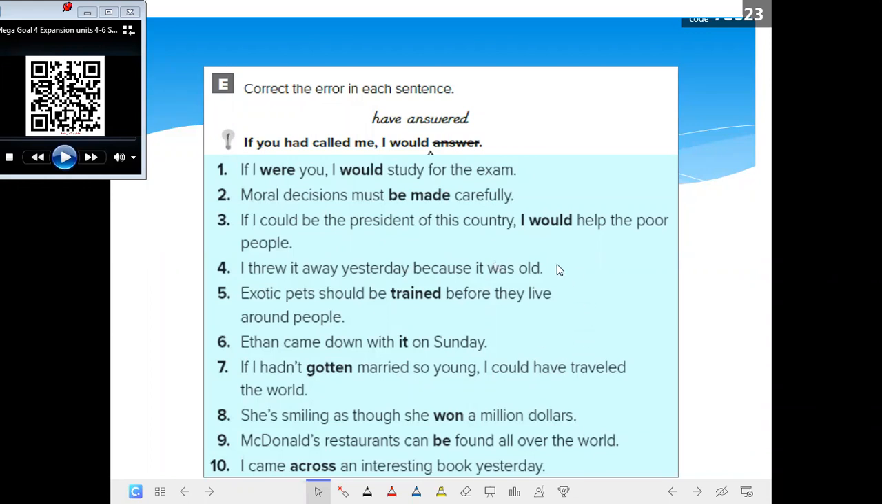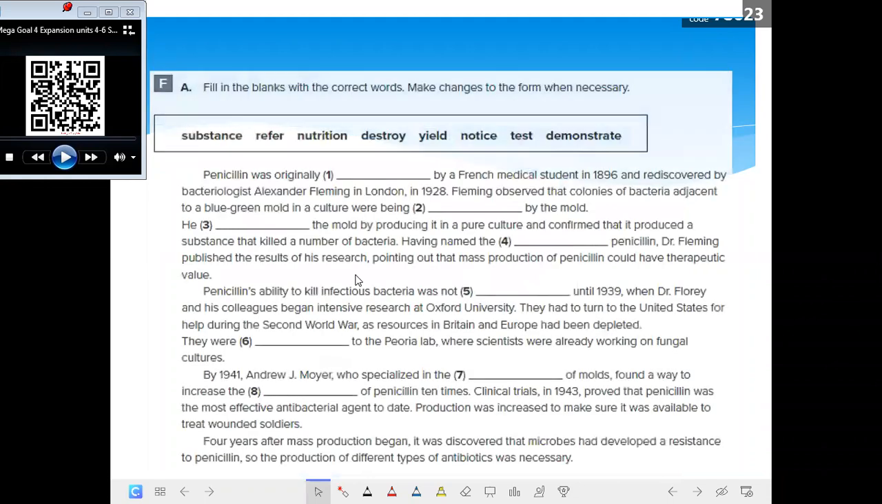Okay, now let's go to page number 70. Page 70, exercise F. As you see, exercise F is two parts. The first part is exercise A. He wants you to fill in the blanks with the correct words, make changes to the form when necessary. يعني هو محتاج دلوقتي في التدريب ده ان احنا نستخدم الكلمات في مكانها المناسب. ده في الجزء الاول، وفي الجزء الثاني هيعطينا ايضا بعض الاشياء اللي احنا نجاوبها بعد ما نقرا النص ده ونكمله